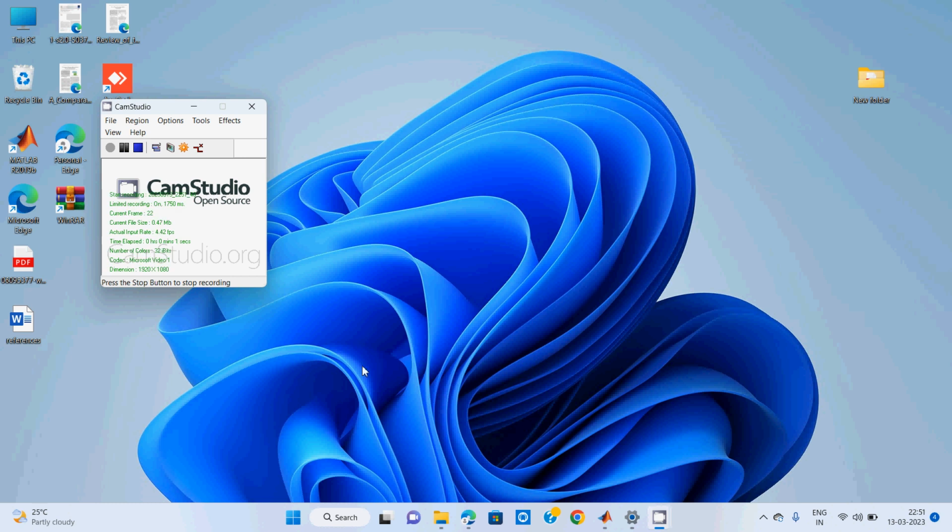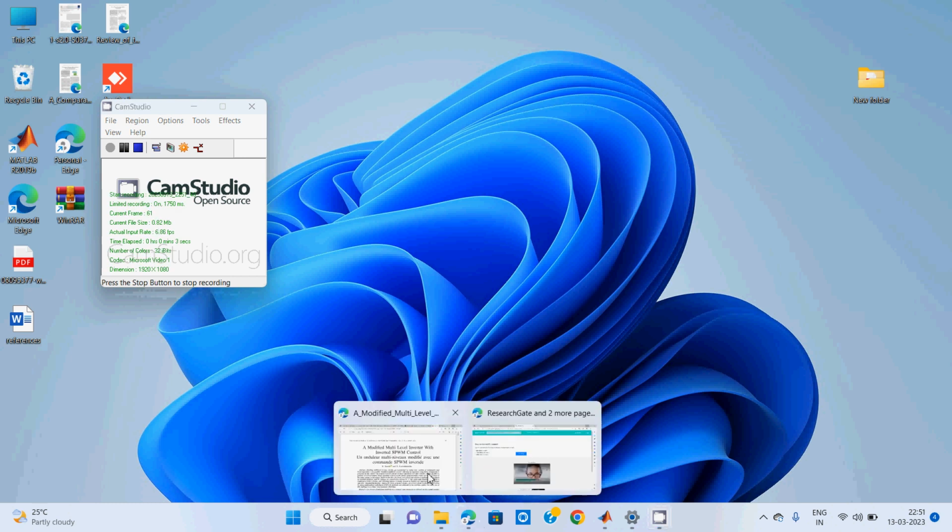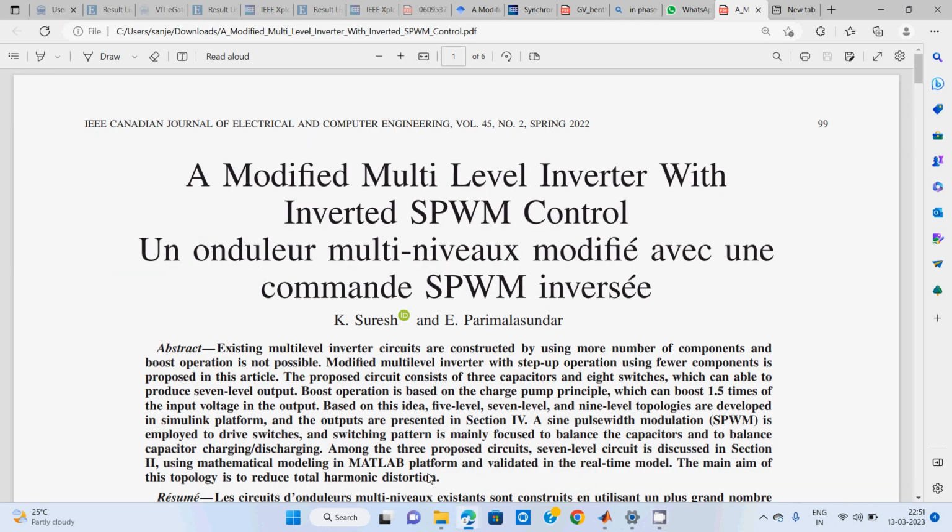Hi everyone. Today we discuss a new concept, a modified multi-level inverter with inverted sinusoidal pulse width modulation control. This model refers to the case where the input DC voltage has intermittent power, for example if you take solar, wind,